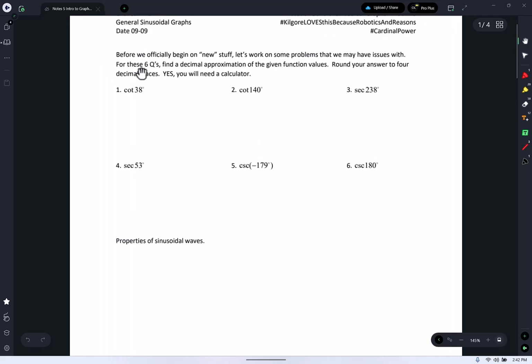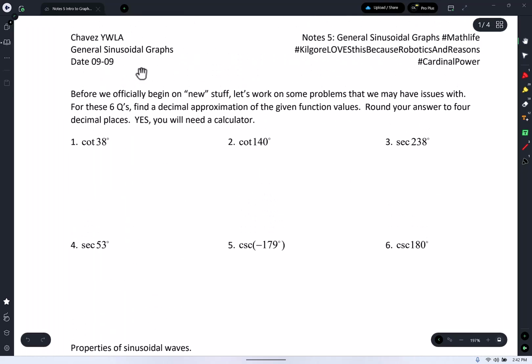All right, so real quick, just in case you get asked how to do these questions here. You see how this one says cotangent of 38 degrees. Your calculator does not have a cotangent button unless you have a CAS. So remember that cotangent is a reciprocal of tan. So you can either just do 1 over tan 38 degrees, but before we push this into our calculator, remember